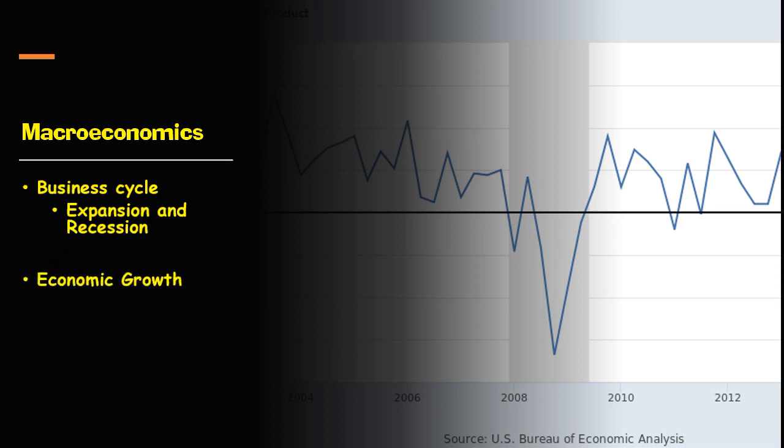Number two, we want to talk about growth. Over time, the U.S. economy has grown. The U.S. economy is much bigger today than it was 50 years ago, 100 years ago, 200 years ago. All right? And we call that economic growth. And we need to talk about why it happens, how it happens, the good and the bad of it.